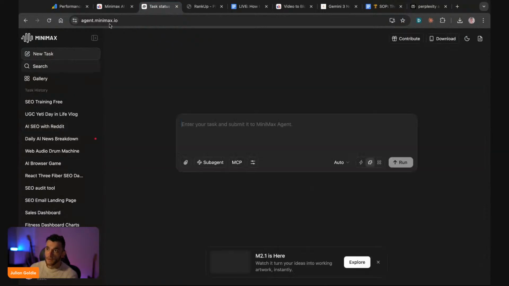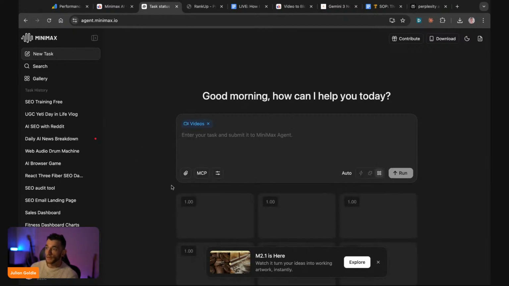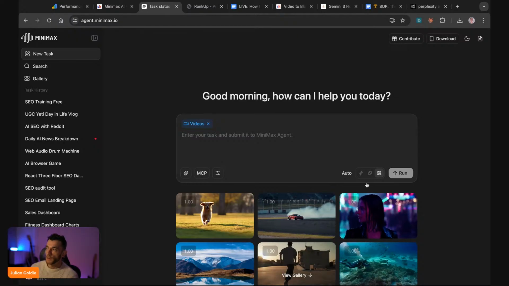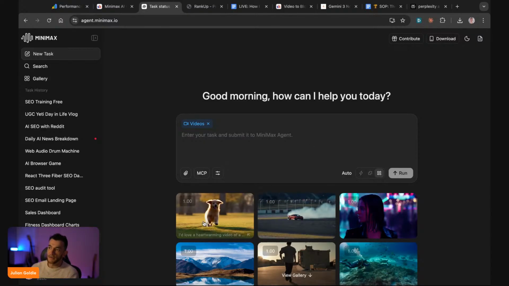So if you wanted to create a video that you can generate with Minimax, well, you can just go into Minimax here, and then you can click on videos, and then you would type in the video that you want, right? So for example, you can see some examples of what people have created right here. Usually these videos are pretty short, right? And the way that I would get around that is you actually ask Minimax to stitch them all together, right? So for example, if you create like 10 5-second clips and then you stitch them all together,